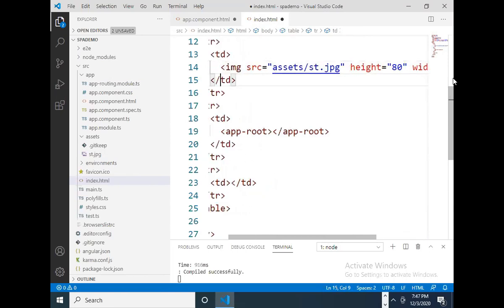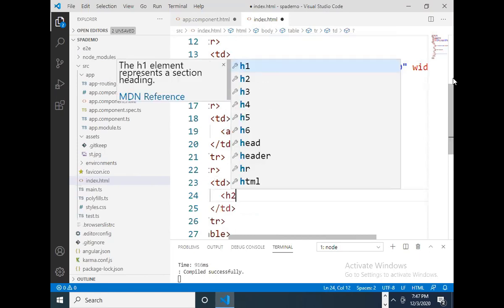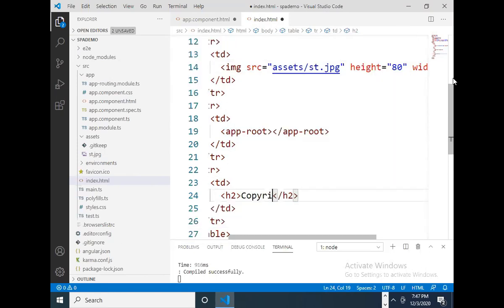Yes or no? So the image is ready now, and I want to add some copyrights also. Here I'll open an h2 tag. Here I'll write copyrights 2020 @Satya Tech, something like this.